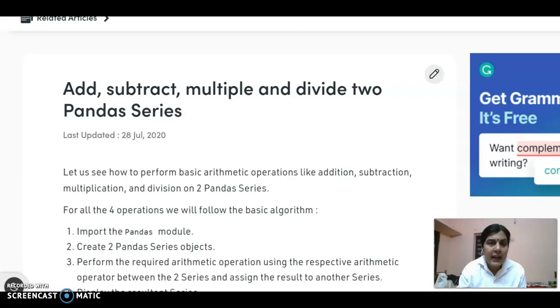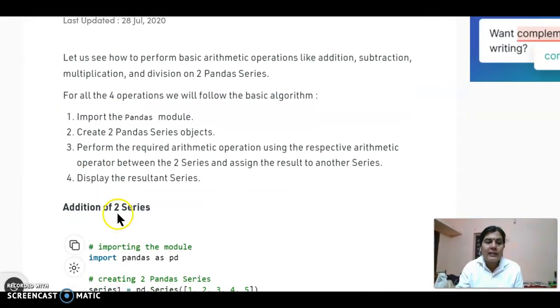Next topic is we can do arithmetic operations in series. Arithmetic operations means add, subtract, multiplication and division. For all the four operations, some basic steps are there. First we have to import the pandas module. Then create two pandas series objects.